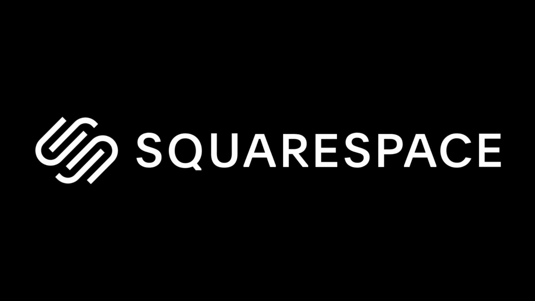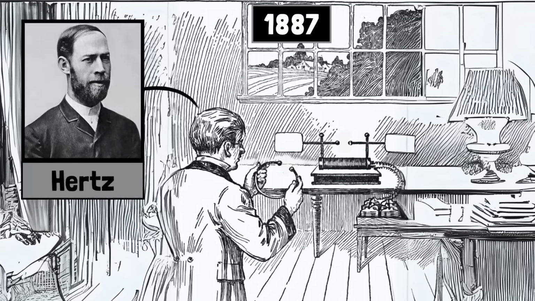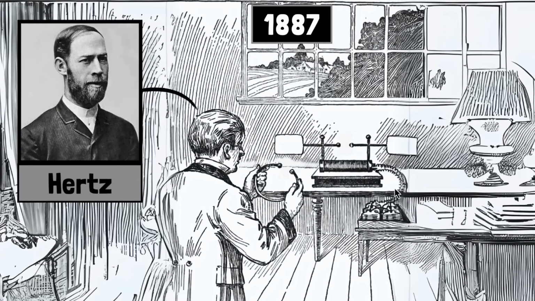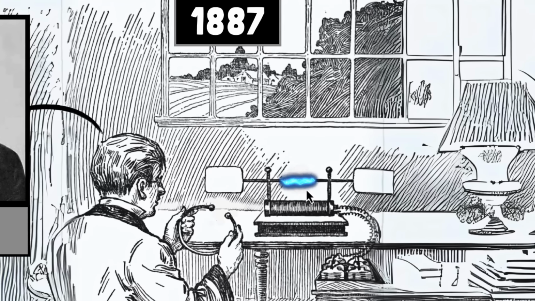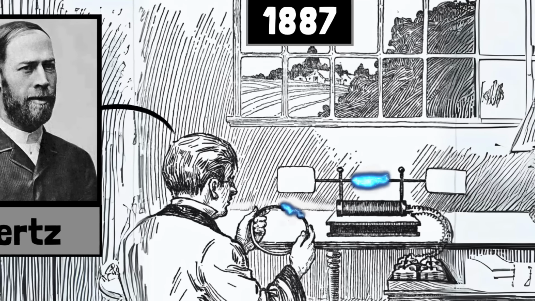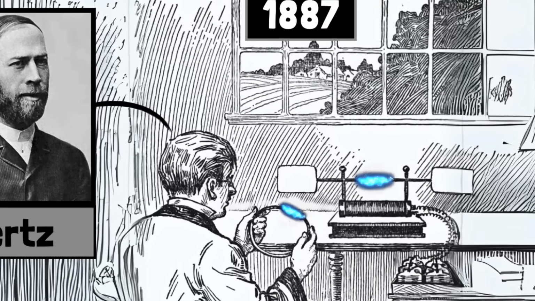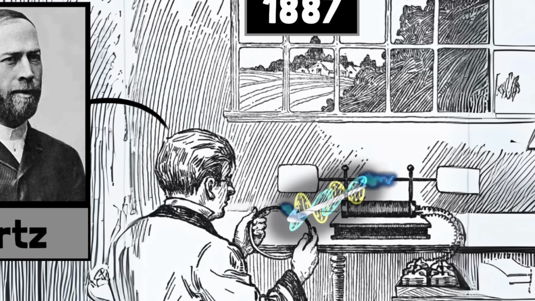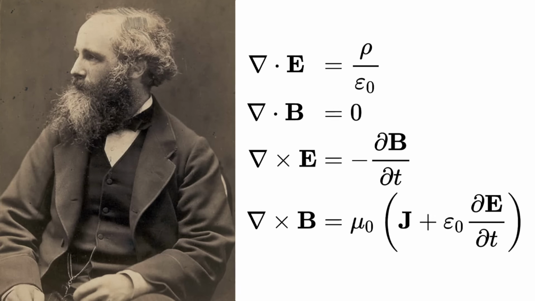Wait, really? We'll see. It's 1887, and Heinrich Hertz is about to make history. He turns out his primary coil, producing a very strong spark over here, and almost immediately, a second spark appears in his handheld coil. Electricity had jumped through the air. He had demonstrated for the very first time the existence of electromagnetic waves, one of the core predictions of Maxwell's